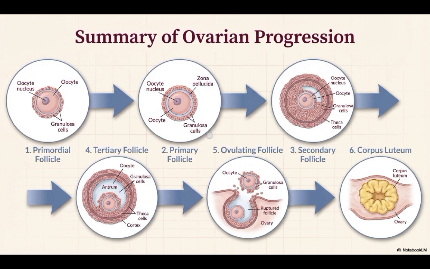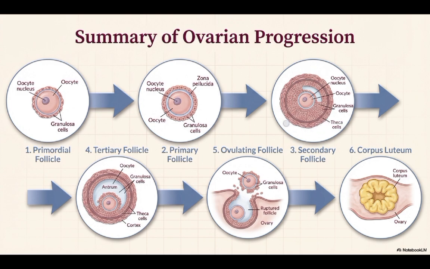Now from the primary follicle, what happens? We start forming a cuboidal shaped follicle called the primary follicle, which surrounds the oocytes, and formation of the zona pellucida. So from there we now move over towards the secondary follicle, and the secondary follicle